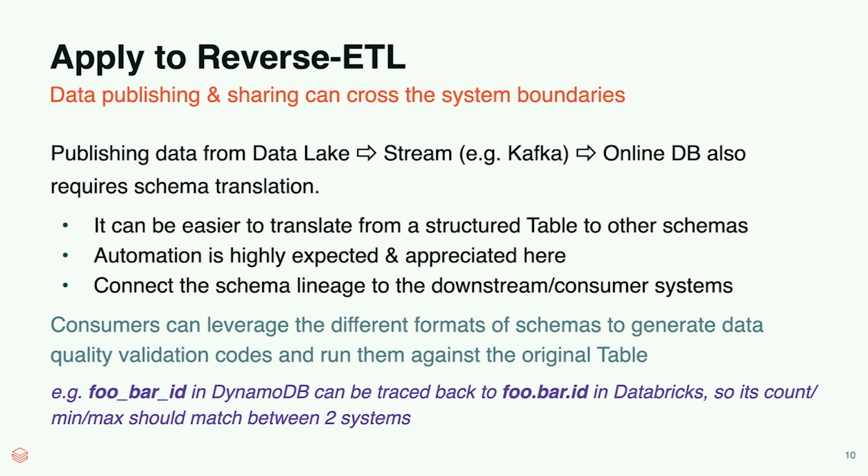Also, this can be used not only for ingestion, say moving your data from online to your data lake. Once you want to publish this data back to your AI system, typically you have your feature store, running in Redis, DynamoDB, or something like that. They also have a different typing system than your data lake. You also need this translation back, because otherwise you cannot match them easily. And one of the benefits is that this can enable a lot of data quality checks and matching in the same way.